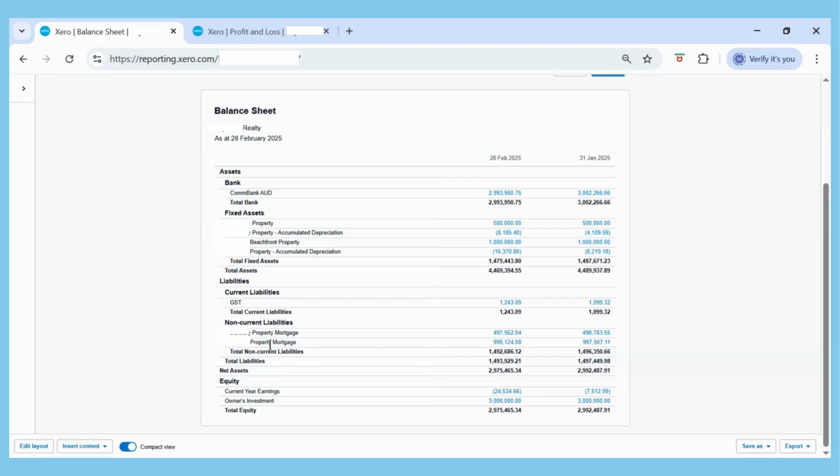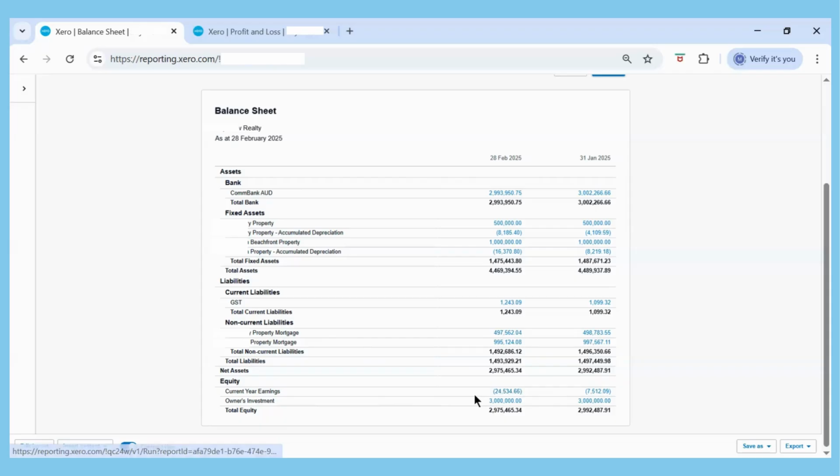The mortgages on the real estate properties are shown under non-current liabilities. The balances of these properties have been reduced by the monthly payments made to mortgages. The owner's equity or owner's investment of 3 million has been reduced by the net losses incurred for the 2